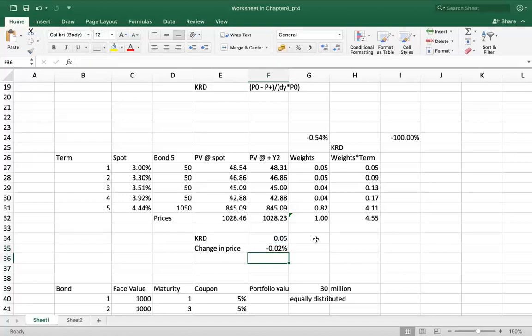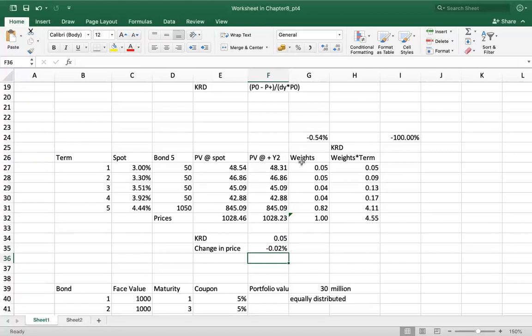It says that if the spot rate for 1 year increases by 50 basis points, the price will decrease by 0.02%. Right? In another way, or a simpler way to calculate key rate duration for all of these maturities is